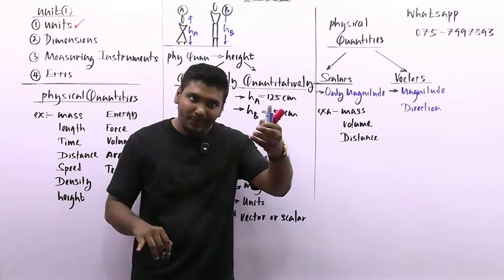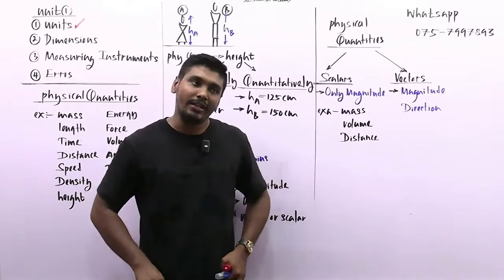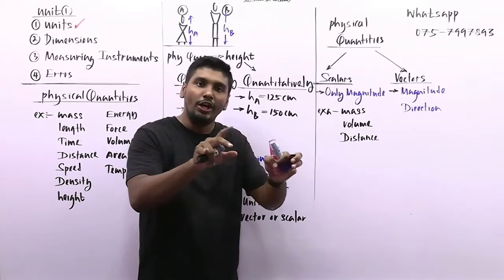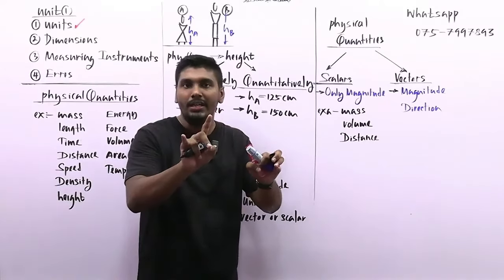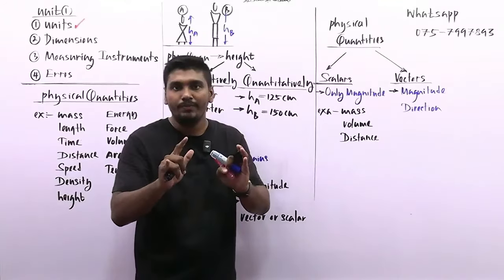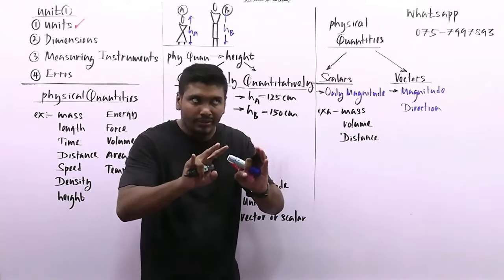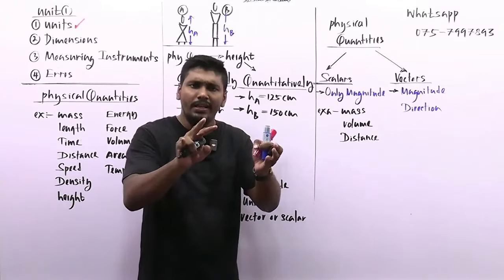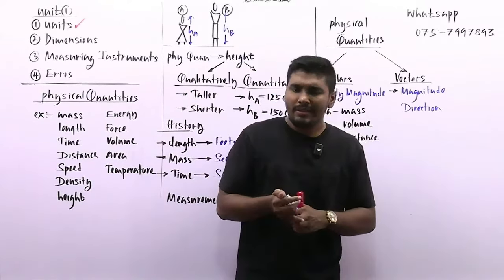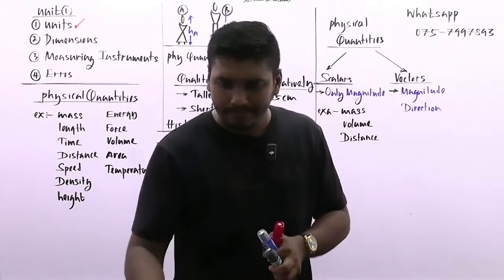Give some examples of vectors other than, okay, force is a vector. We all know that, as I explained already, to describe a force properly, only magnitude is not sufficient. We require a direction also. So therefore, you all agree, force is a vector. Tell me, other than force, give some other examples for vectors.